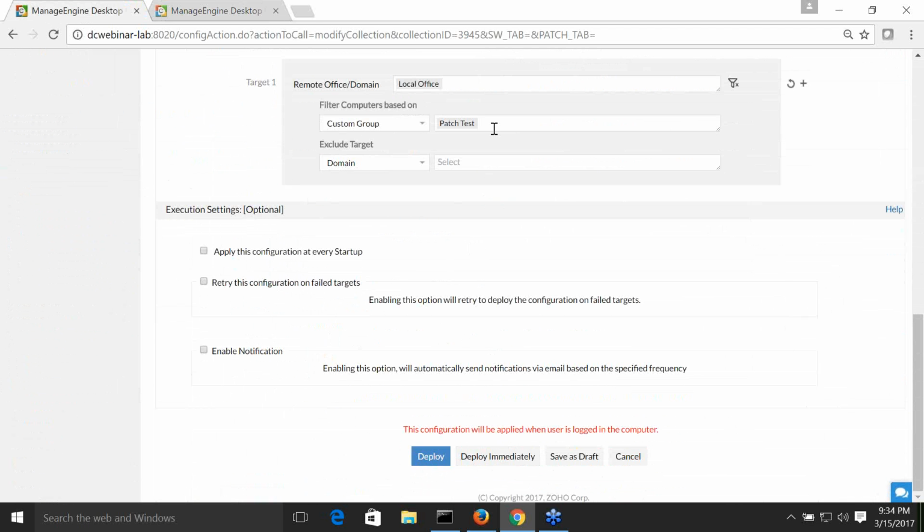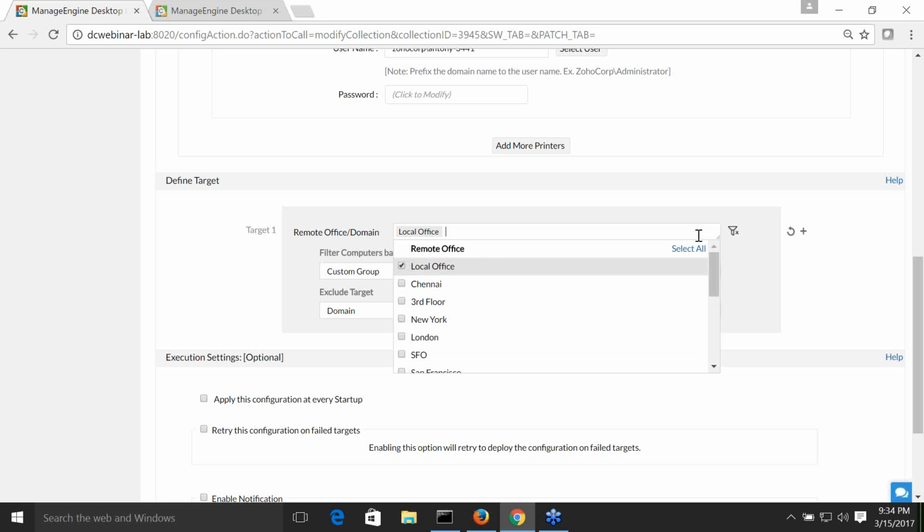And for the rest of the machines, if you have a target of 150 machines, 50 machines would be deployed using the deploy immediately option in order to save network activity, and the remaining 100 machines are going to use the normal deploy option with the 90 minutes refresh policy. So by this, we can use this option of deploying it to the